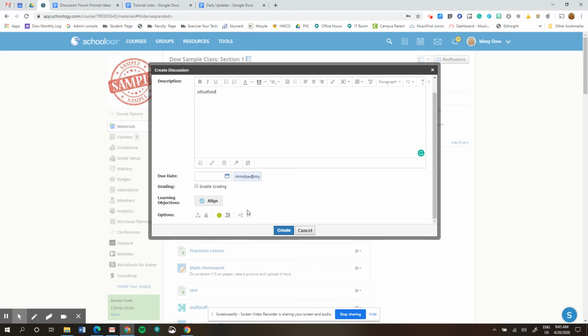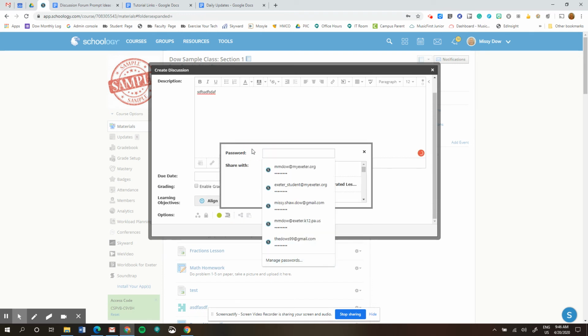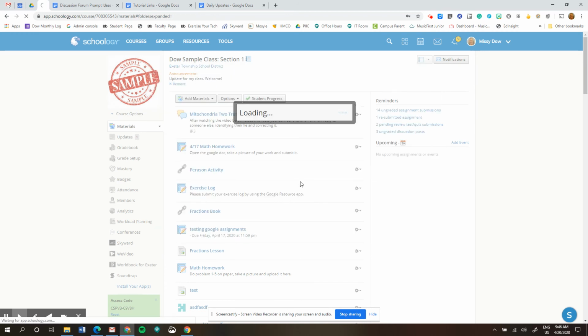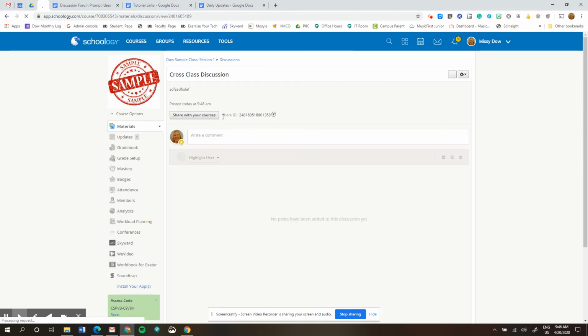So I would put items here. This item here, shared discussion. When I click shared discussion, I can put a password on it. I'm not going to. And I need to share it with one of my classes. So I'm just going to grab one. I'm going to do it with this class and click create. Once I click create and I am inside of that discussion, I'm going to click here to go inside. I get this share ID. That share ID I can now give, and if there was a password, I would give them the password on that as well. I chose not to put a password on it, but I can copy that and email that